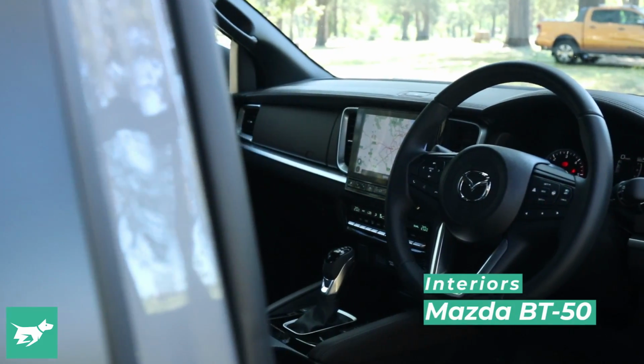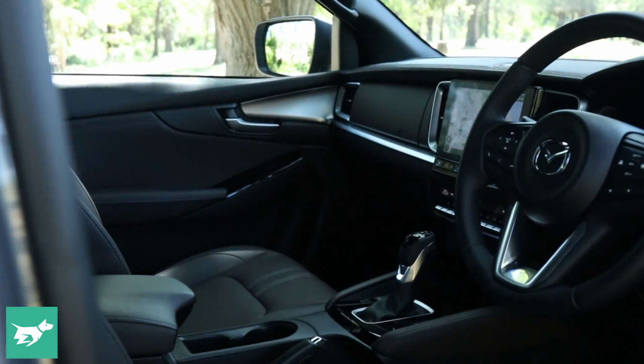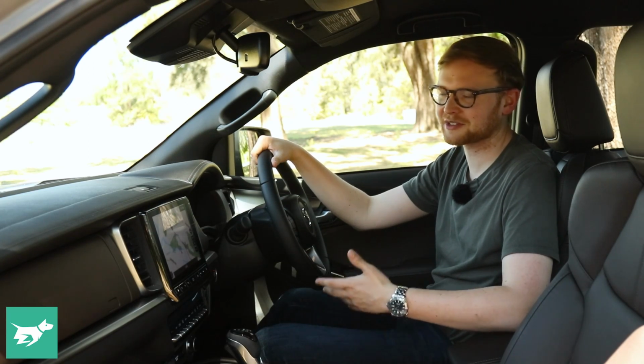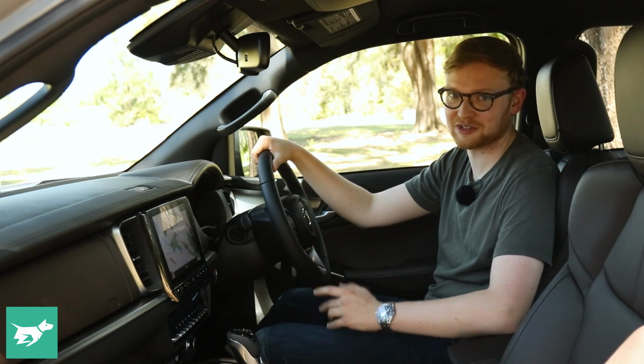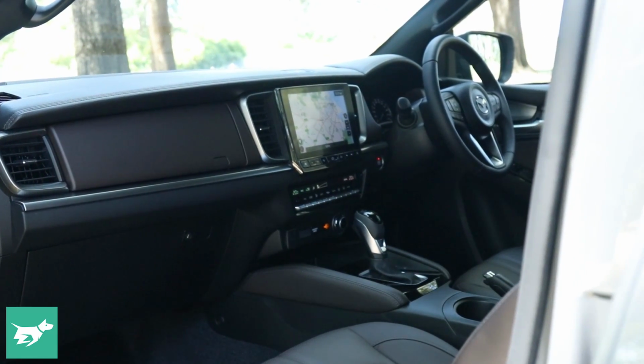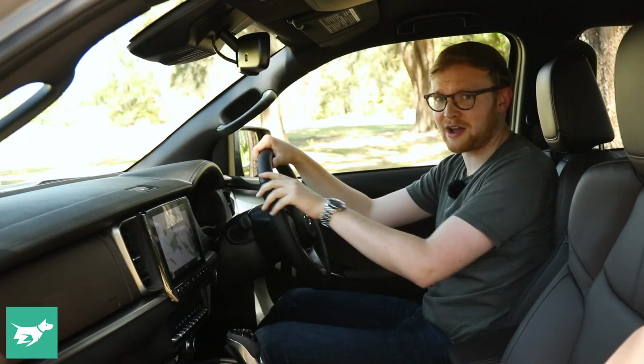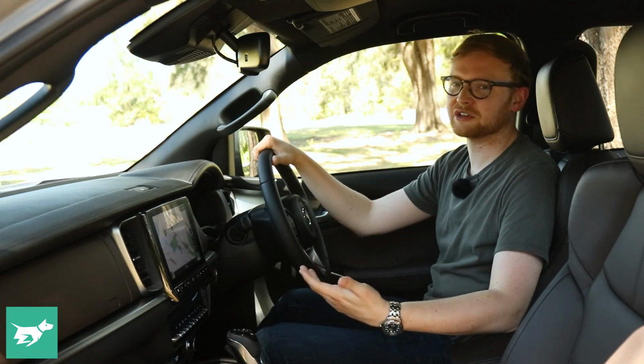You access the BT-50 GT through a more old school proximity entry system with the same button on the door handle for lock and unlock, but that's pretty slim pickings in terms of criticism, and it's nice to have the feature in the first place, and it lets you into this cabin, which is a good improvement from the previous BT-50. That doesn't mean that the Ranger is crap, because the Ranger just got a better interior as time went on,